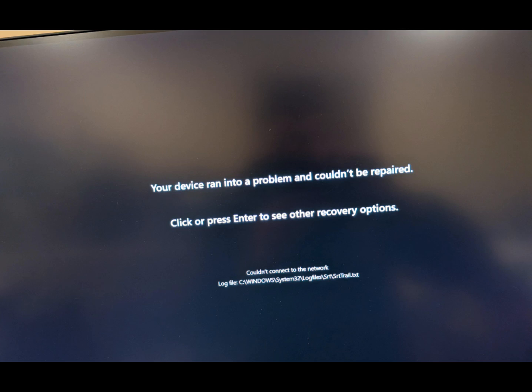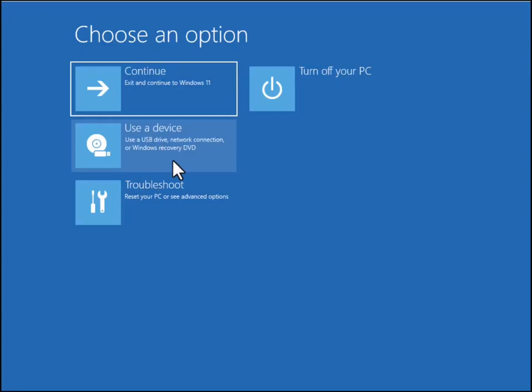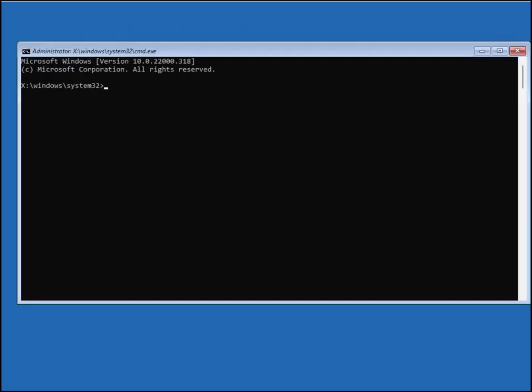So guys, your device ran into problems and cannot be repaired. So click Enter. After that, you can come on this and click on Advanced. Then again Advanced options. Then Command Prompt. Then enter the command